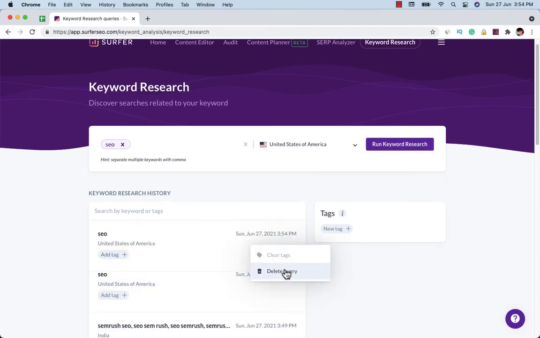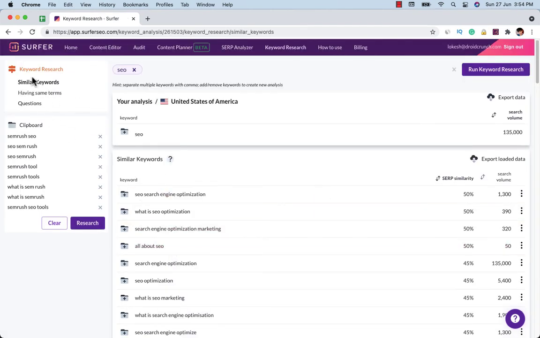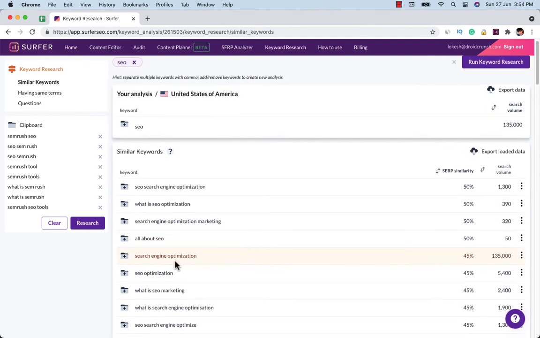Let's click on it now, and here you can see all the similar keywords that it has researched for you. You can see that people are searching more for search engine optimization, with around 135,000 search volume for this particular phrase. You can find a similarity score as well,